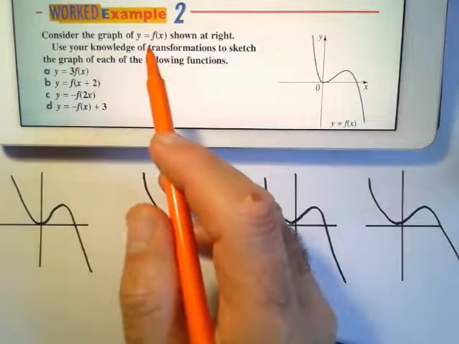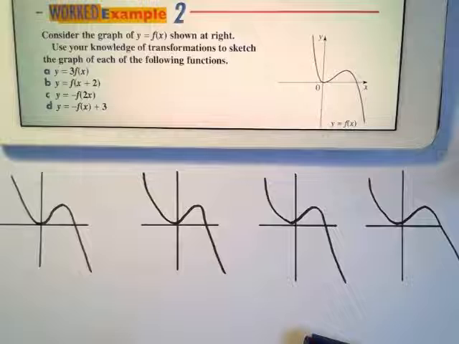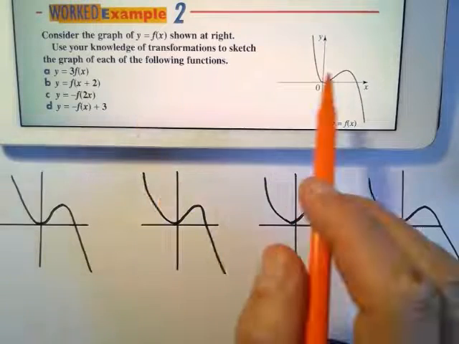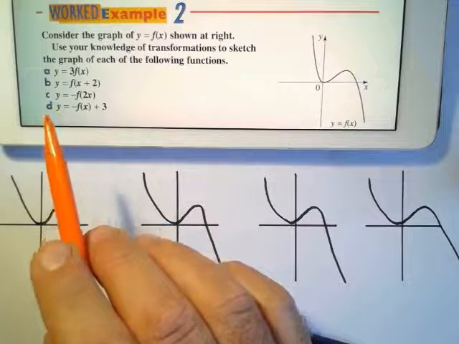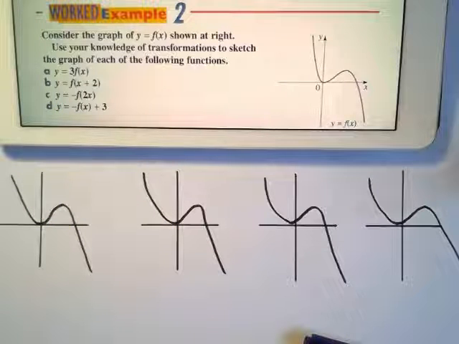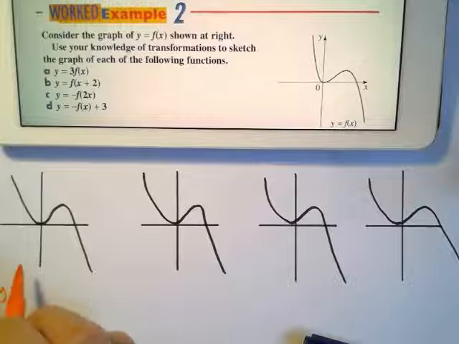Consider the graph of y equals f(x) as shown, and you can see I have copied it perfectly, shown it right. Use your knowledge of transformations to sketch the graph of each of the following functions. So we're going to start with this one first. I'm going to say y equals